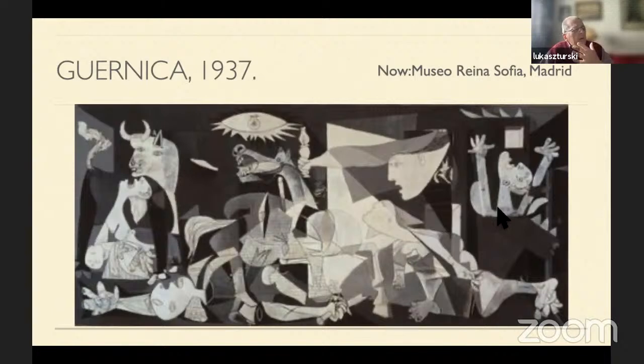And the money which was collected from the sale of tickets for that exhibition was donated for a help to the victims of that bloody civil war, particularly those defeated government supporters who had to leave Spain and have been